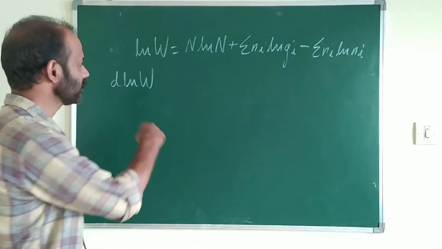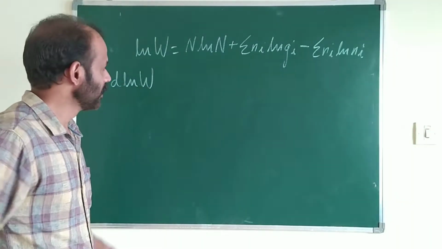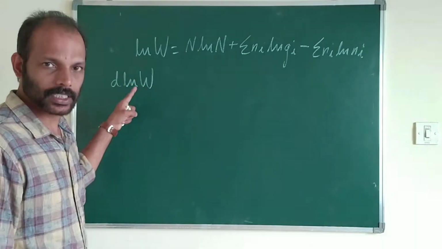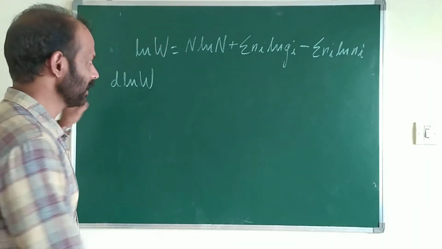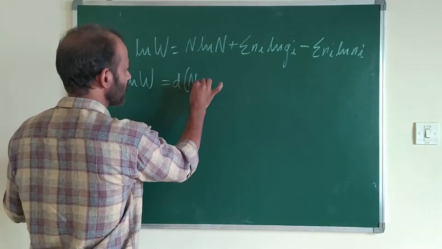Maximum value is constant, so when we take the derivative of that, it becomes 0. So this term becomes 0. Right? So we can differentiate all terms